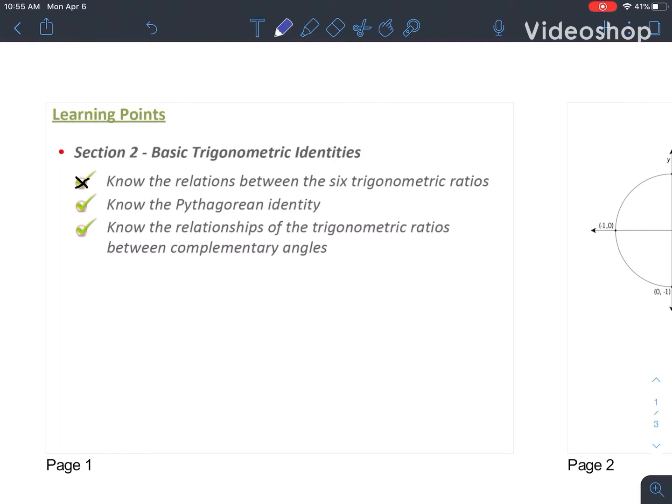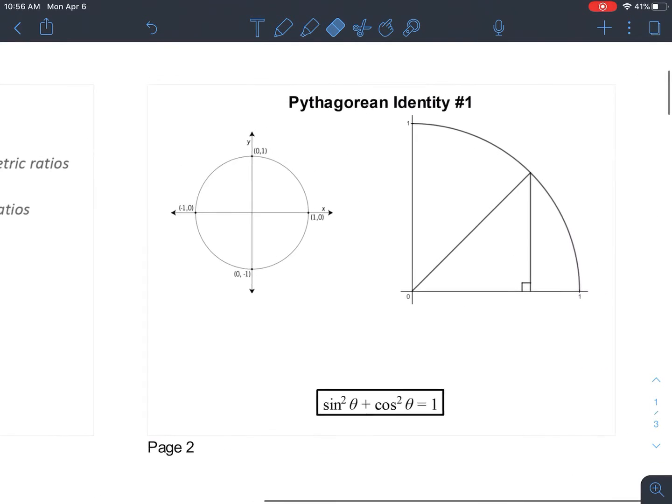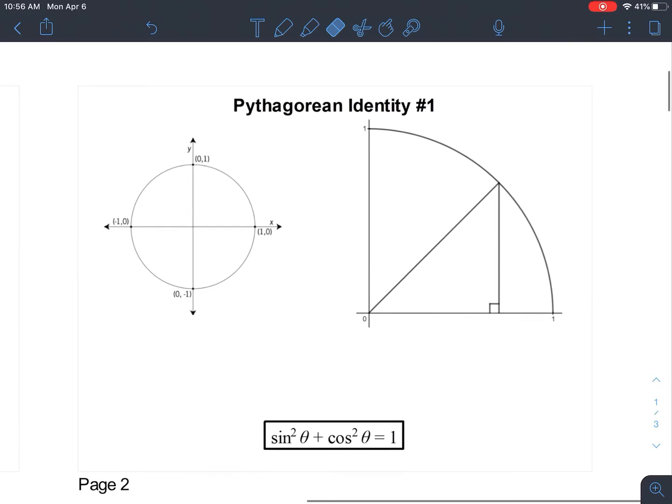All right, so we are continuing on with trigonometry, and in this set of notes, what we're going to do is we're going to talk about the Pythagorean identities. Now, the points here say that there's only one, but we're actually going to be learning about three of them in today's class. So, the first thing is how to get the Pythagorean identity, and what we're going to do